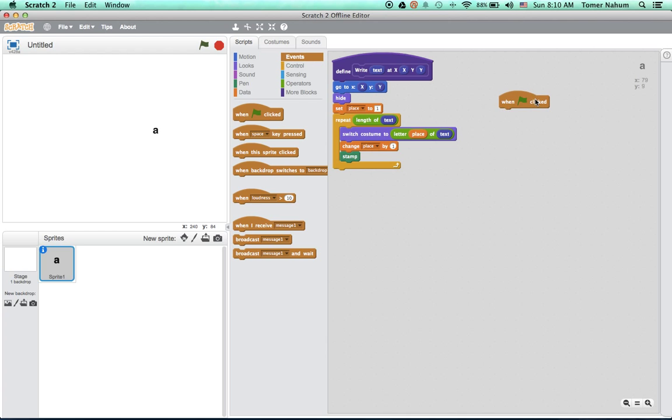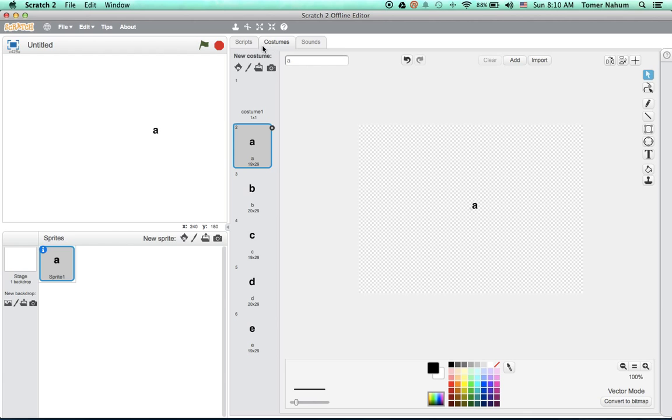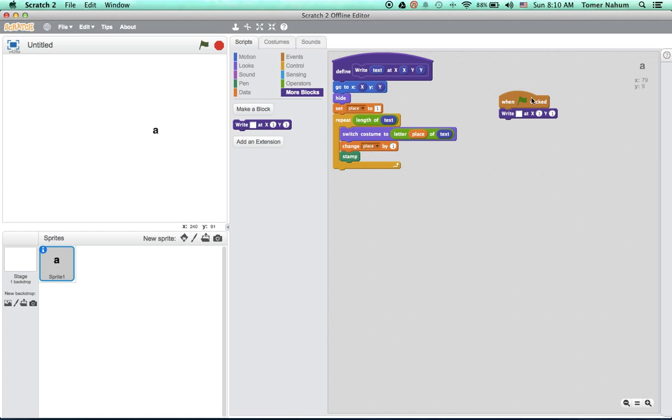Okay, and now we just, pretty simple, we just put a go to X and Y. So now let's say we're green flag clicked, right? Oh, I don't have enough letters. Okay, so it won't be cab. I can make cab. Okay, right? Cab at X 0. Okay, Y negative 100. So now when we click the green flag,